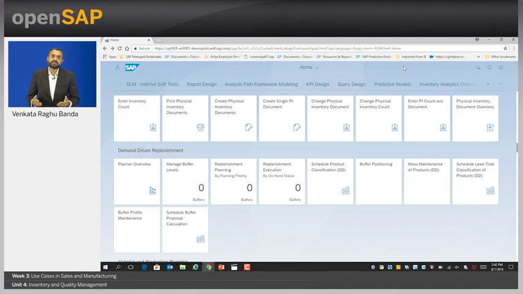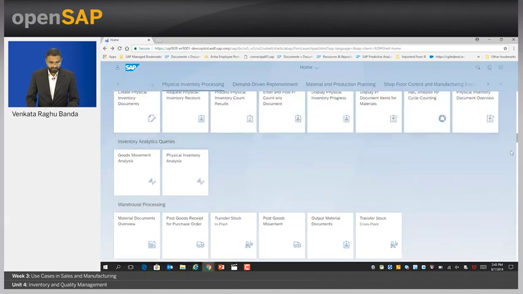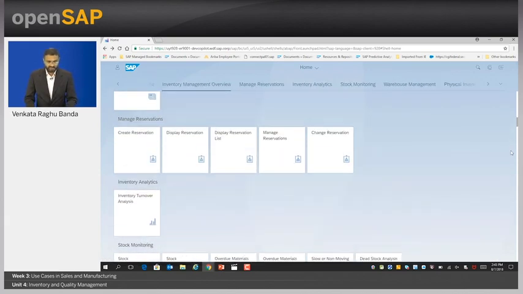As an end user at your firm, as a production planner you will have a separate role and you only see those particular apps when you log in as a production planner. But here, even before logging in as a production planner, I first want to log in as an analytics specialist. When I log in as an analytics specialist, obviously those particular apps are shown. So, let me now go into the predictive models that are needed.